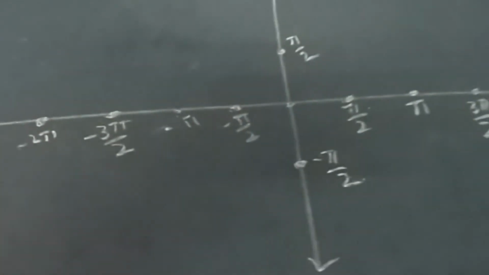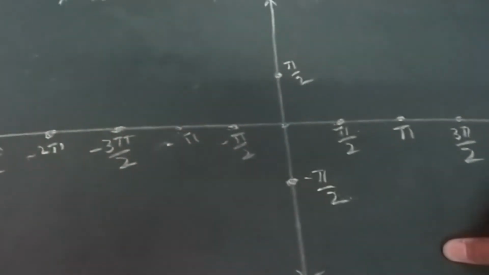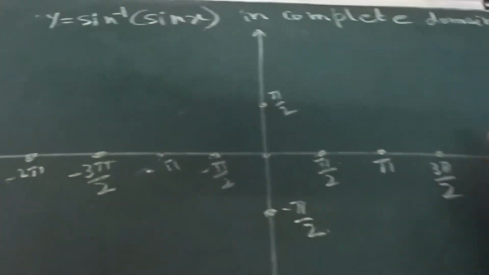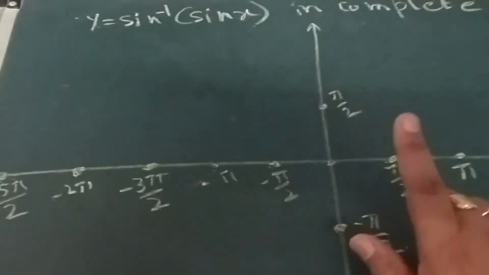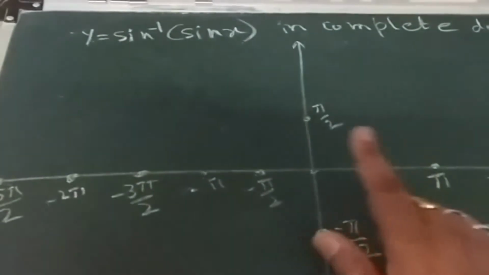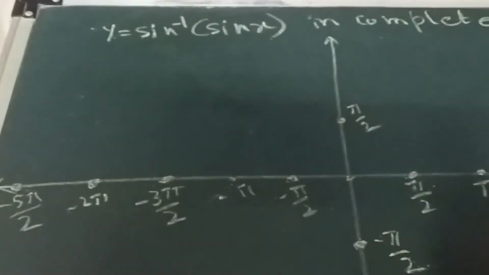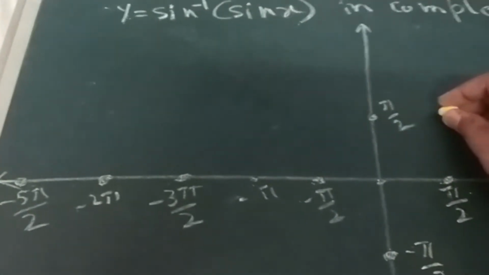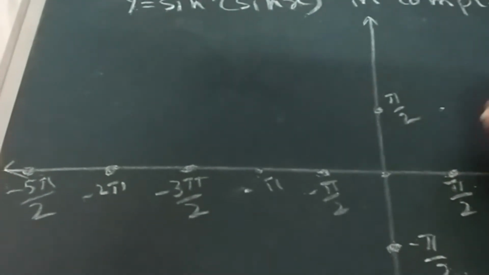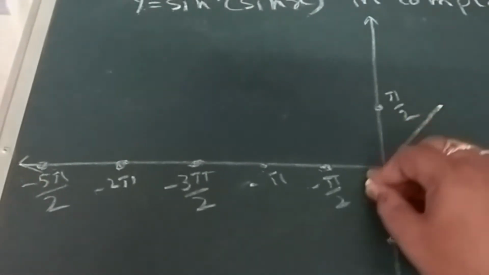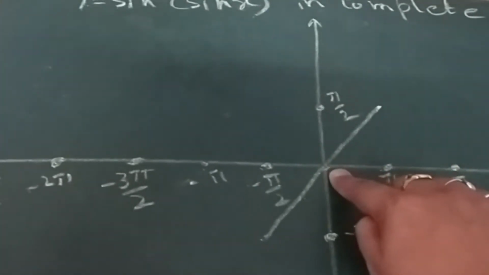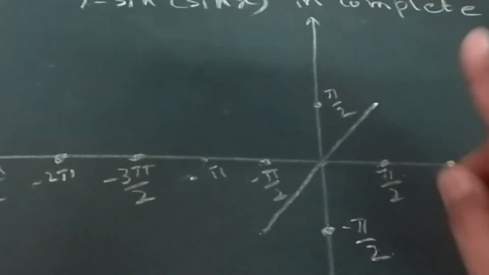I think you can remember, in y equal to sine x, I was drawing tangents at x equal to n pi, means here, then here, then here. Same thing I will do here. As I have told, by tangents I can get this graph. So x equal to n pi, if n equal to 0, then x equal to 0. At 0 I will draw the tangent, and it will go like this. At x equal to 0 I have drawn the tangent like I have drawn before.